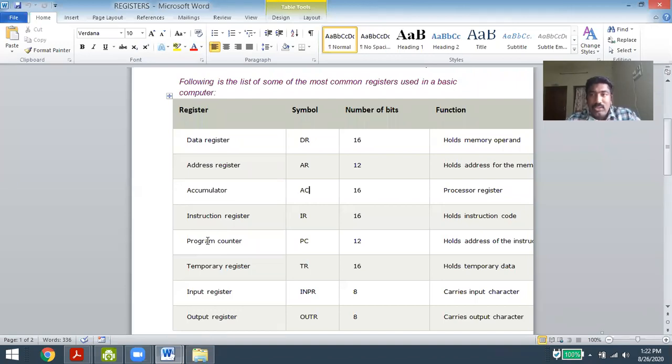Let us take an algorithm or a flowchart. What will an algorithm do, what will a flowchart explain? A flowchart is used to show a step-by-step pictorial representation of how the program is going to be executed. These step-by-step, one-by-one operations, which line I want to execute, those instructions are stored in the instruction register. And what is the task of the program counter? The program counter is used to identify which instruction I want to execute.